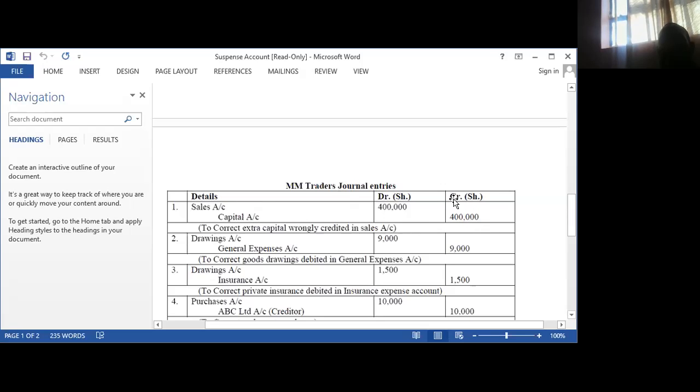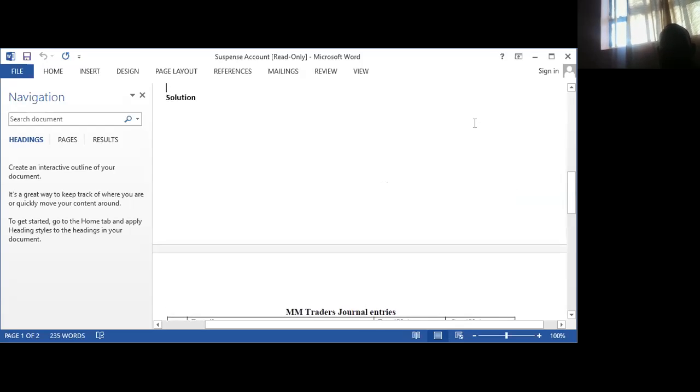Now in accounting, if the figure is on the credit, to minus it, you debit. If it is on the debit, to minus it, you credit. So our work was to minus 400,000 from the credit side. That's why we debited this, and then we put this figure on the credit side, and that error has been corrected. Let us look at the second